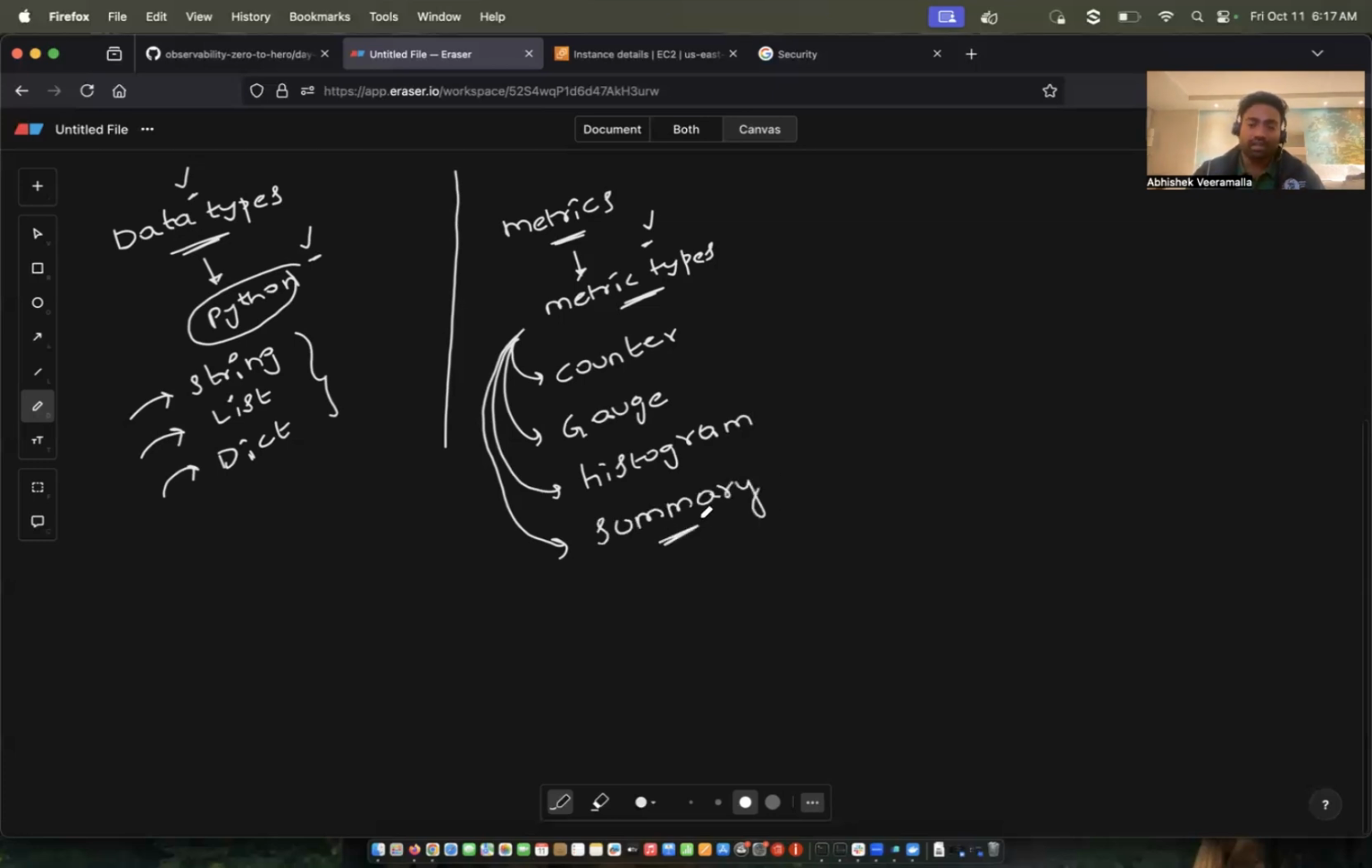So, like I told you, if you are a developer or if you're doing the instrumentation, you need to know them in detail. Otherwise, you just need to understand what is the responsibility of each of them. Like, when do you need to use this? When do you need to use this? Let's understand that. So, when you have a metric that is always incrementing, that is, the count of this metric